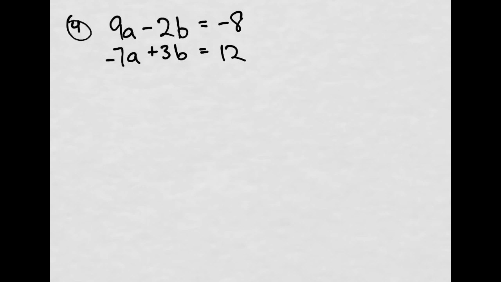So this is one of those cases where I've got to look at this equation and say, which ones do I want to get the same? If I multiply the top by 3, and if I multiply the bottom equation by 2, that's going to get the b's the same, right? So sometimes you've got to say, I'm going to do two things. So we're going to do this one times a 3. I get it. All right, you're good. And we're going to do this one times a 2. And so when we do that, let's see,